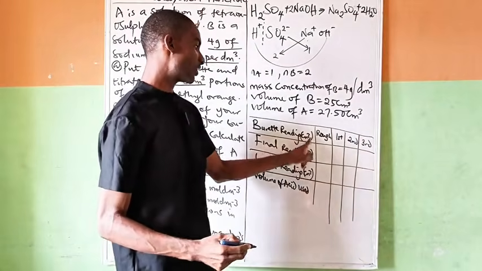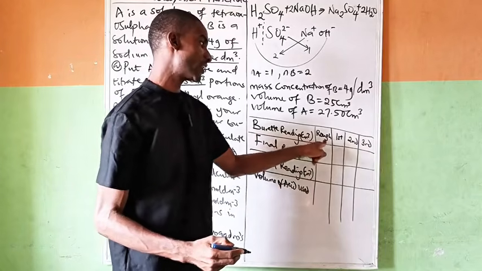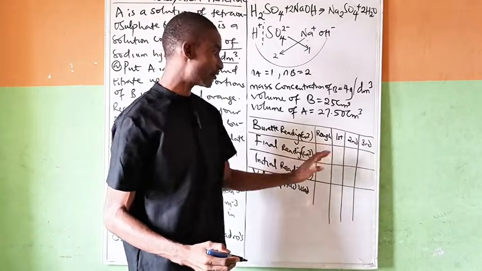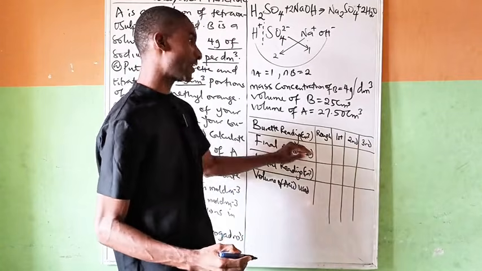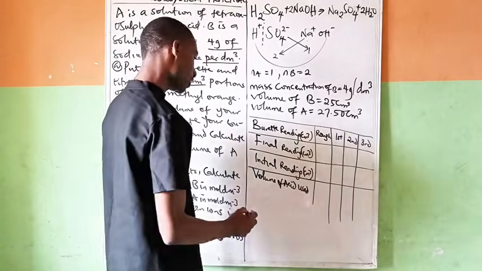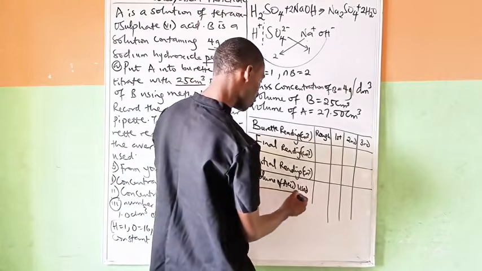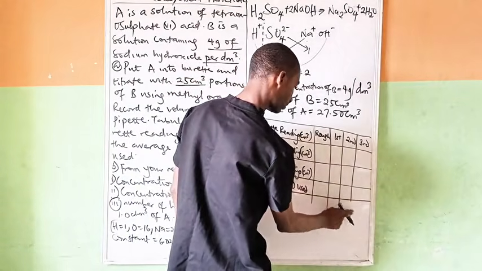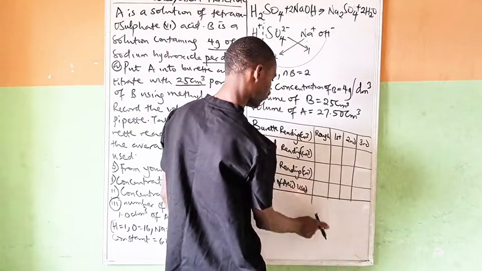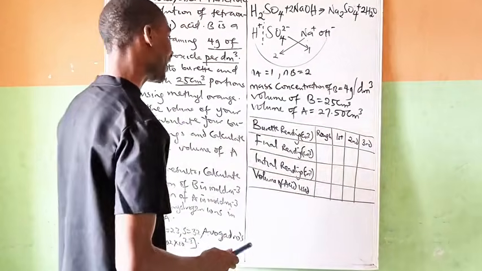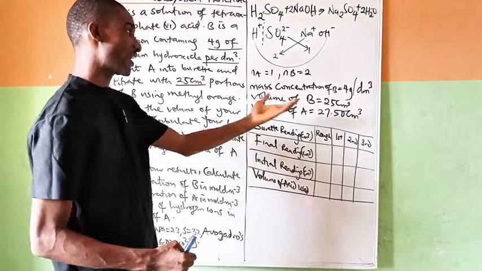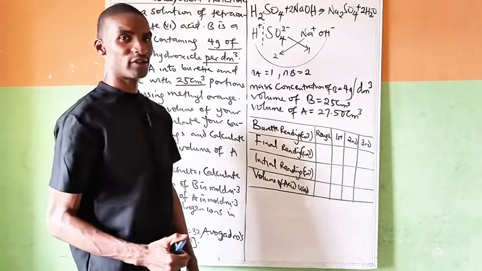So this cm³, since you have already written it here, it may not be necessary for you to put it here again. It means all my final readings are in cubic centimeters. So now, since I have gotten, after doing my titration, this as my average titer value,